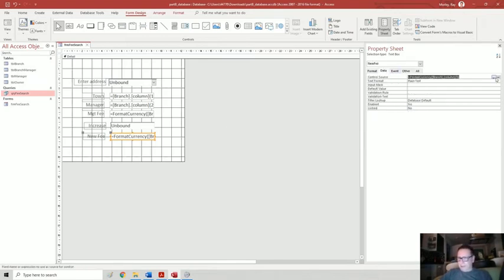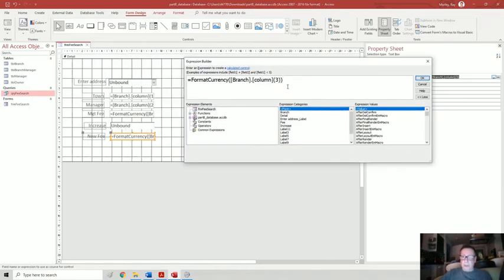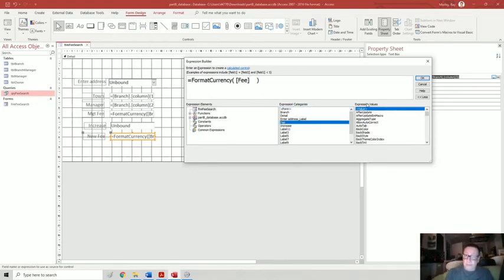Right, data. So for this one, it's going to be different. What I want to have a look on my form. I'm going to keep the format currency there because that's valid. I want to format my answer as currency. What I want is, oop, what have I done? Thank God for Control Z, eh? I want what is currently in fee. Okay, and what I want to add to it is fee